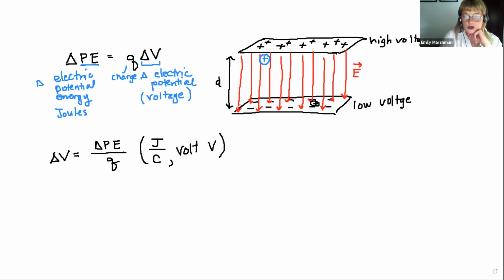Remember, if I do work in lifting up a book against the force of gravity, I do work on that book. The work that I do is equal to the change in the potential energy of the book,